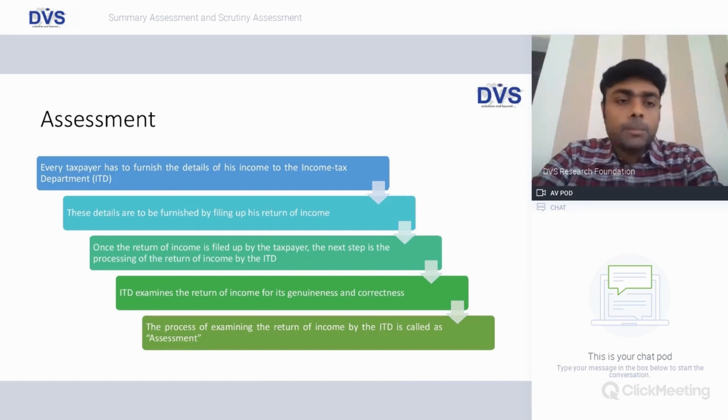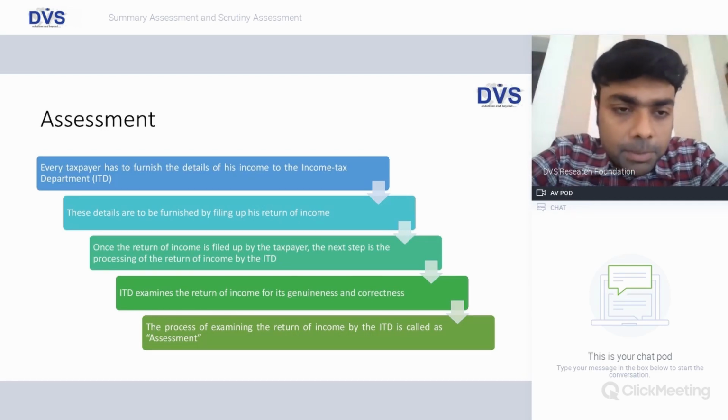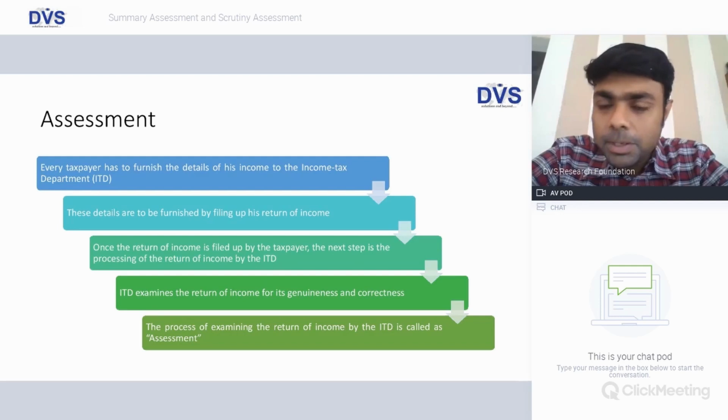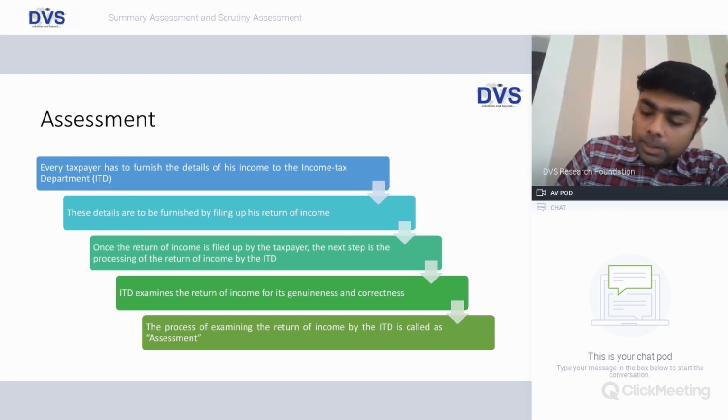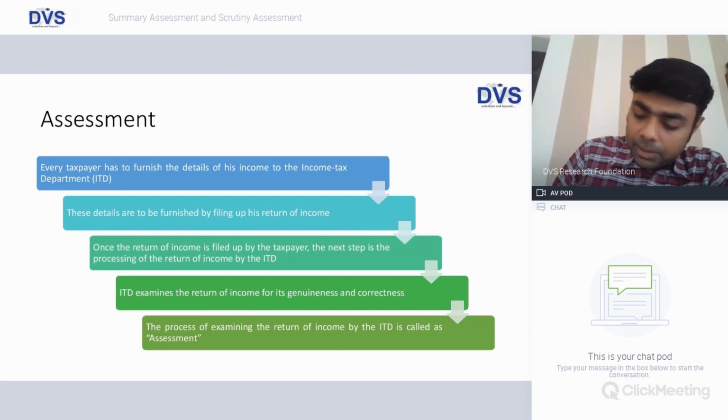Moving forward, assessment. So every taxpayer or every person who's supposed to pay or file income tax returns is expected to do so within the due date available. And once a return is filed, every return will effectively be regarded as self-assessed by the assessee, and the moment the acknowledgement of return is provided, it is deemed to be an assessment. However, which is under 143(1), the acknowledgement will be regarded as a summary assessment.